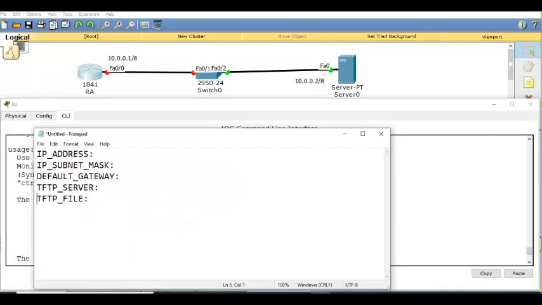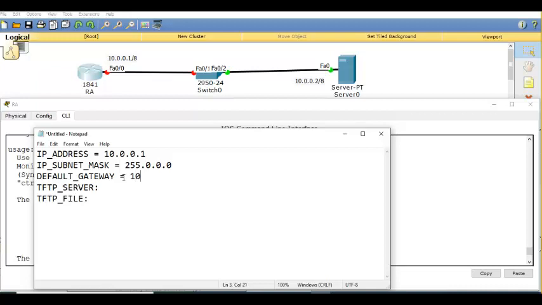IP address equals, meaning for this router, what is the IP address that you want to give? 10.0.0.1. What is the mask you want to give? 255.0.0.0. What is the gateway you want to give?